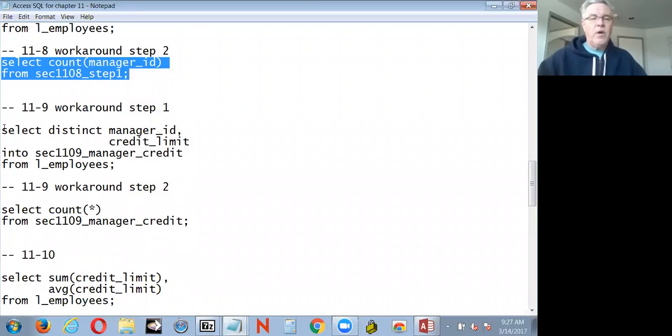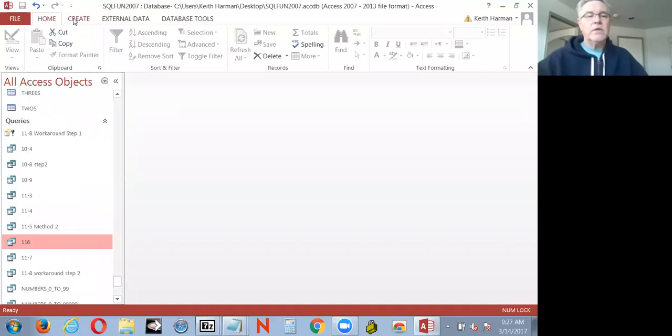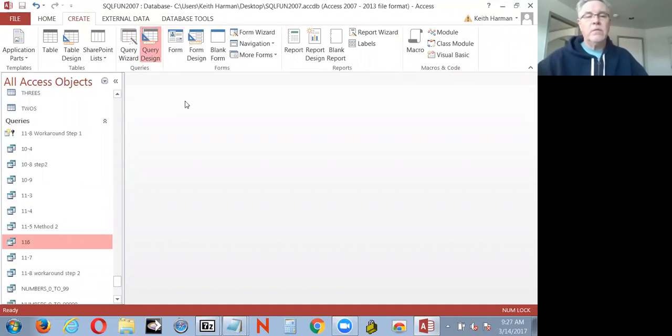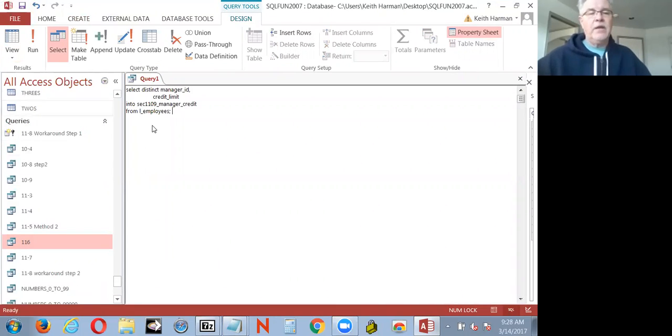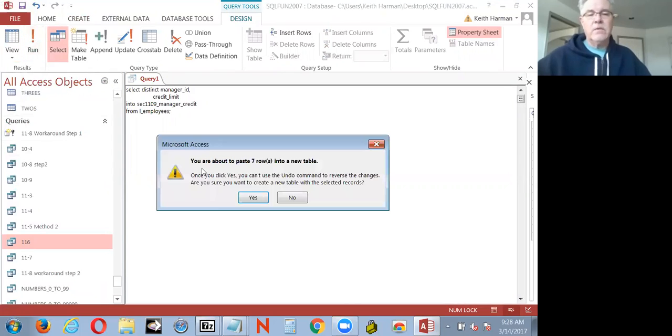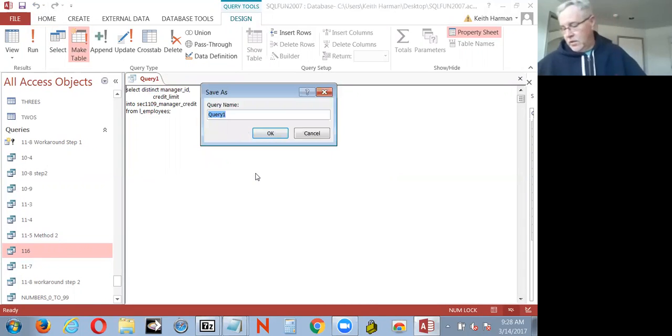I'm going to do step 1. And we're going to create a thing called Section 11.9 Manager Credit. Click Create. And we'll do the usual BISS. So let's pop that in. Let's run it and see what we got. And we're about to paste 7 new rows into a table, which is fine. And we're going to save this query as 11.9